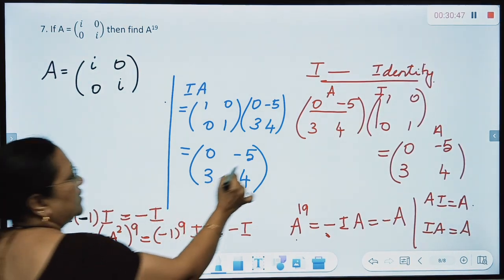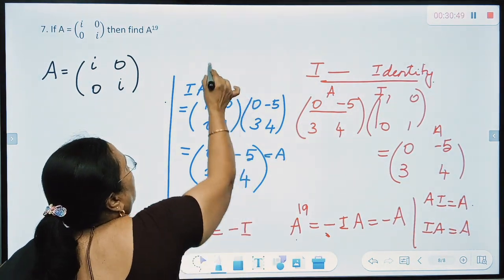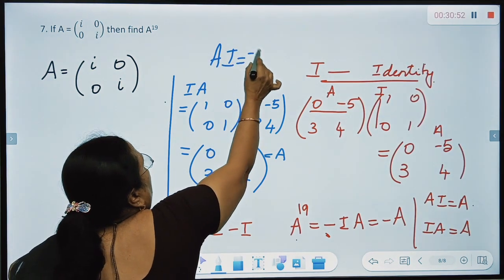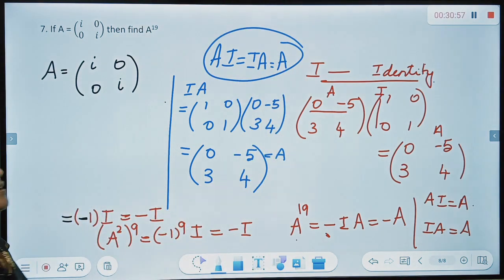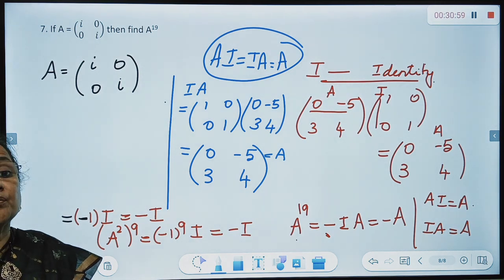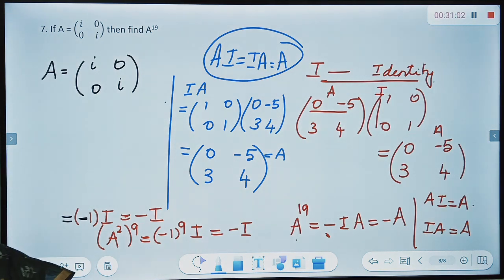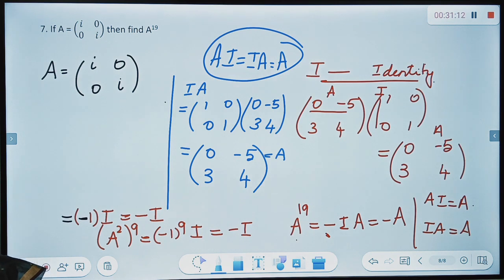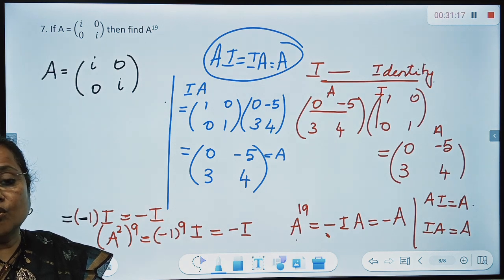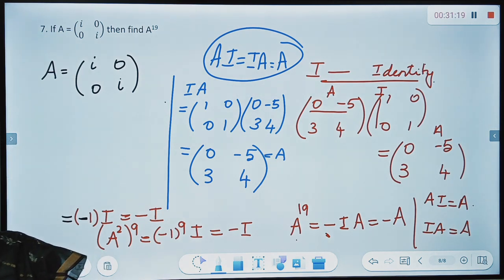So IA is A. So what do you observe? AI equal to IA equal to A. This is the property of the identity matrix. We have checked for an identity matrix of order 2 by 2. I want you to experiment with multiplying any 3 by 3 matrix with the corresponding identity matrix 1, 0, 0, 0, 1, 0, 0, 0, 1, both post-multiply and pre-multiply, and check whether you get back